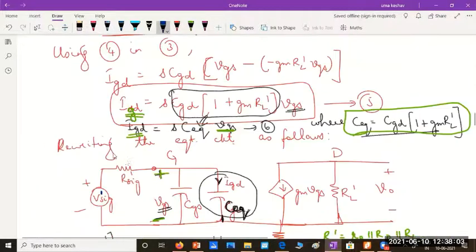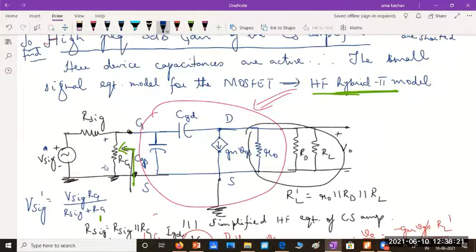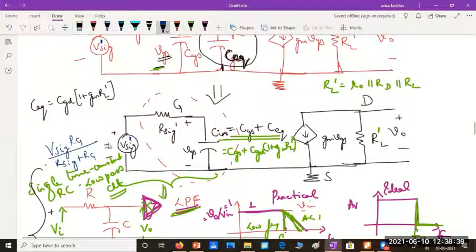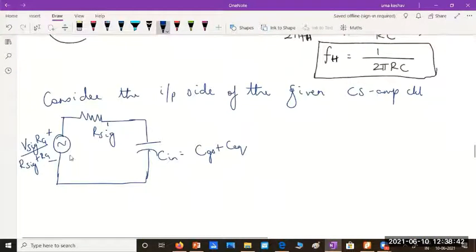So this is V sig into Rg by R sig plus Rg. Remember that. Whenever I replace it with Thevenin's equivalent resistance, I should have written the Thevenin's equivalent voltage source also on the input side, V sig dash. And what is that Thevenin's equivalent voltage? Looking into this circuit, you replace the resistance here with R sig dash, R sig in parallel with Rg. The voltage should be replaced with Thevenin's equivalent voltage, which will be V sig Rg by R sig plus Rg. That's why everywhere it is V sig dash. Remember that. So what will be there on the input side of the circuit? This will be V sig dash, R sig dash.